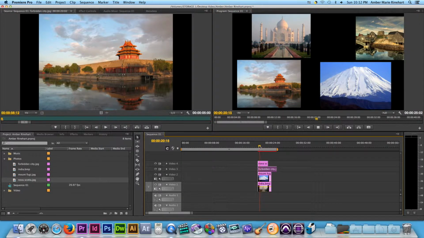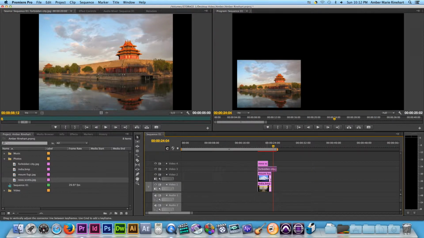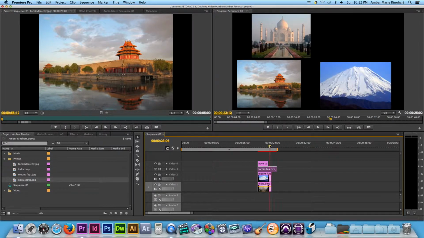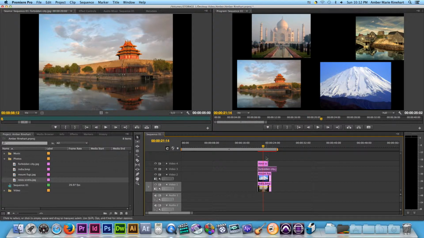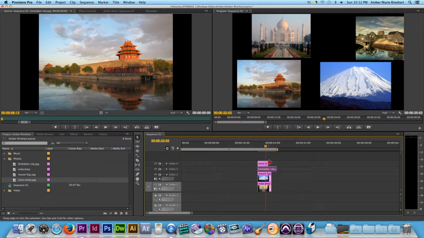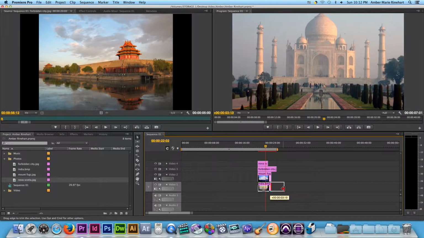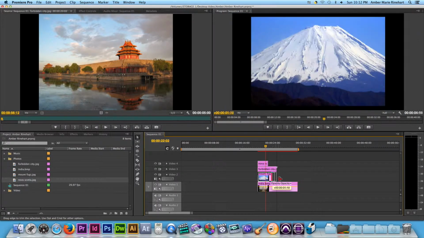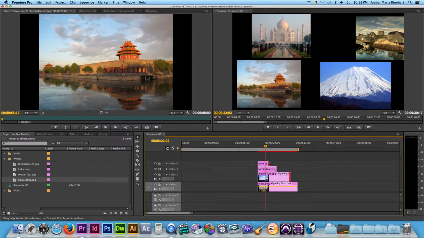So if we watch this, they're all right there. And you'll notice they'll disappear in the order of their clips expiring. So this clip is the shortest, so it's going to disappear first, and so on and so forth. Now, one of the things you can do is actually change the length of these clips so that they kind of step down. So this one's going to expire first, or this one's going to turn off first, then this one, then this one, then this one. So let's go through, and we'll watch it, and it disappears,